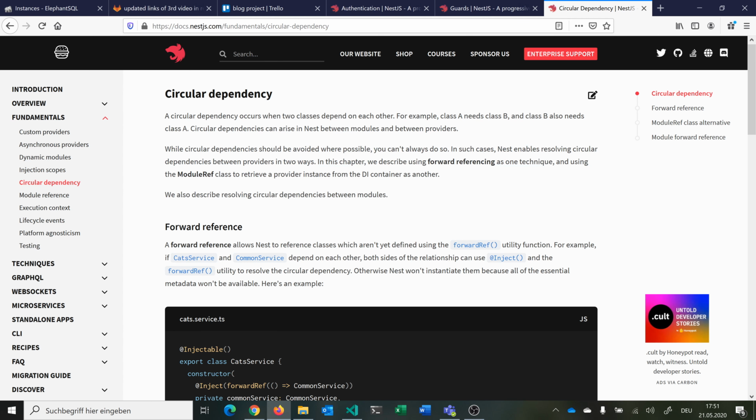So it can arise between modules and between providers. While circular dependencies should be avoided where possible, you can't always do so. In such cases, Nest enables resolving circular dependencies between providers in two ways. We can use forwardRef,